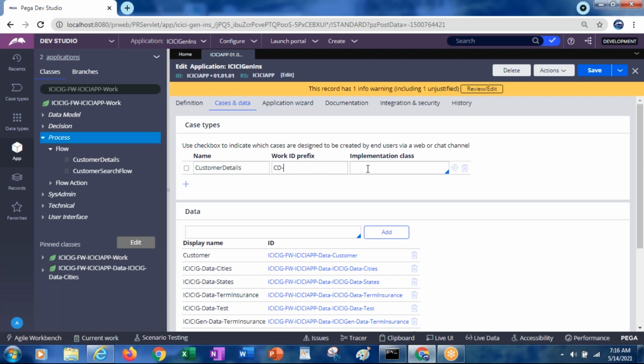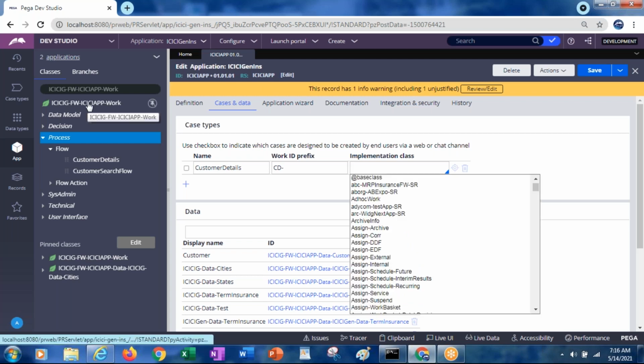And then what is the class name? ICICI FW ICICI app work. That means this flow is available in that class, and that class name we have to give here.